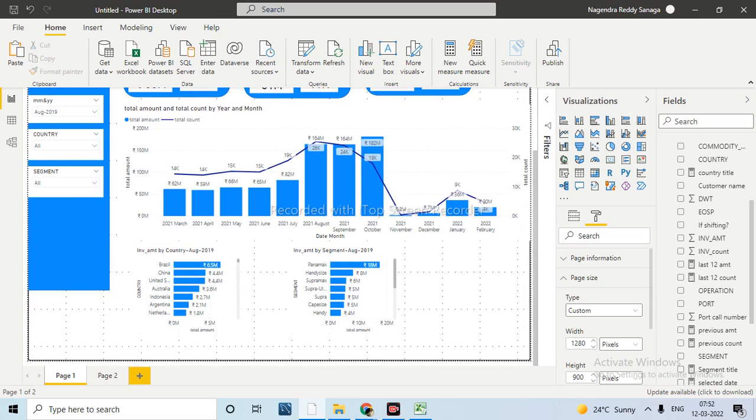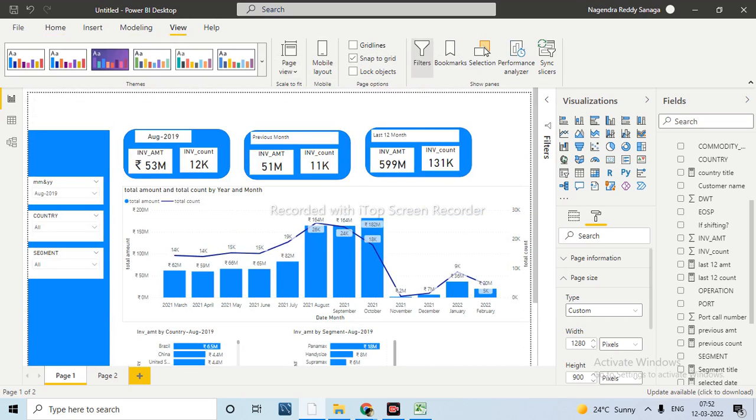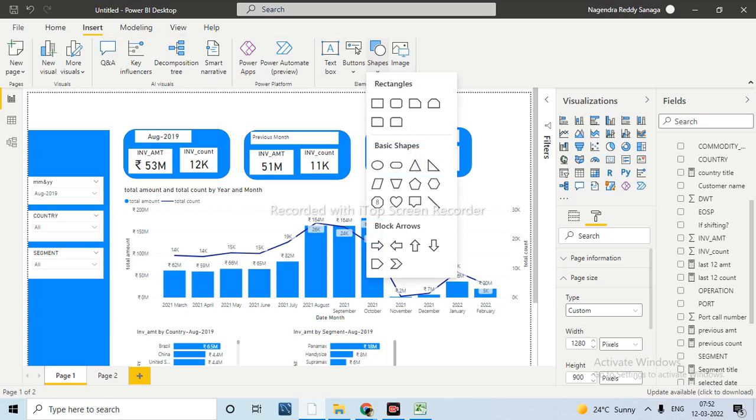You can stop the background grid lines and you can add some other colors also. If you want to have any information, you can take it. And what we have done here, shapes, just let me.